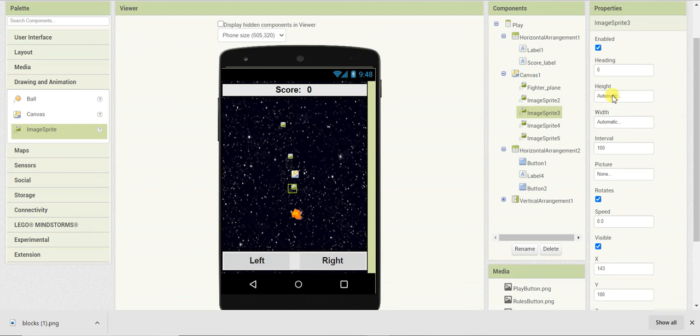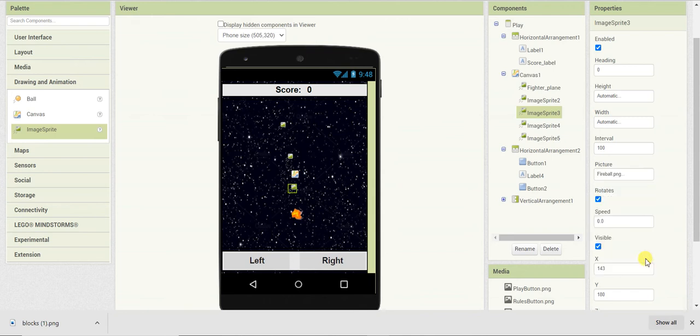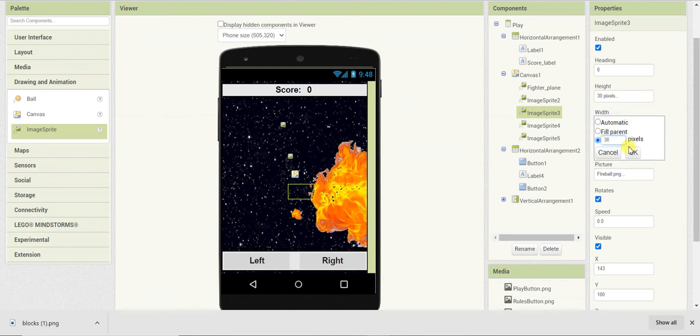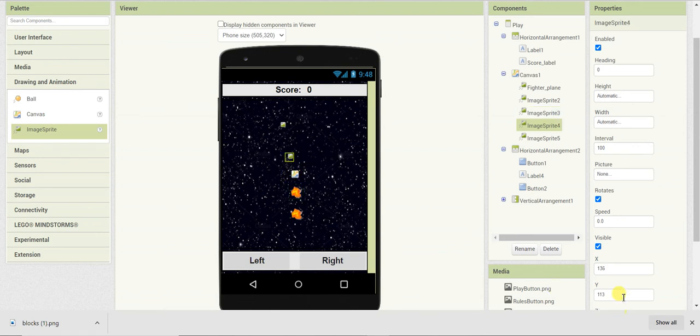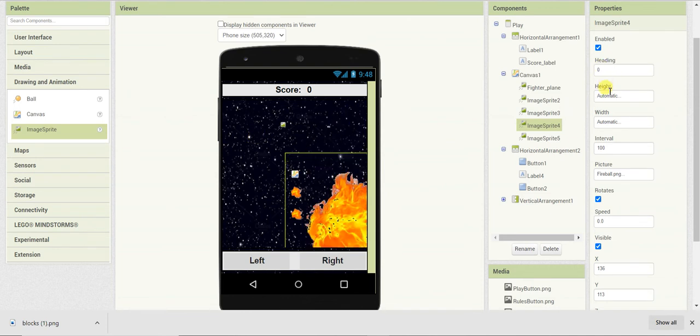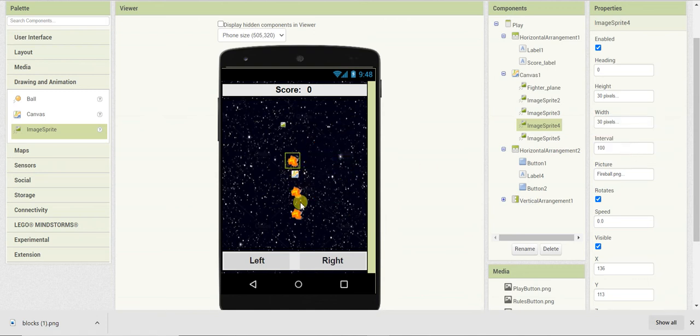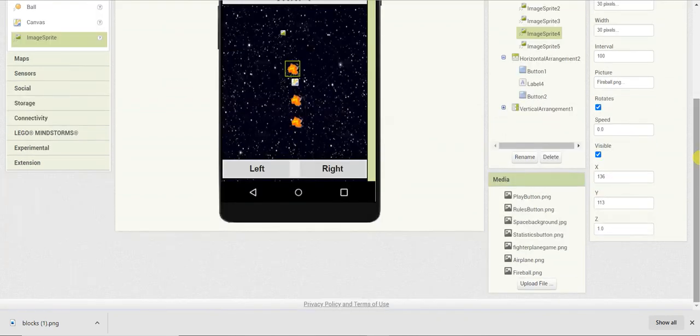The same thing I'll do with the other two sprites. So I have given the 30 pixels size values, and now I will give the x and y coordinates.